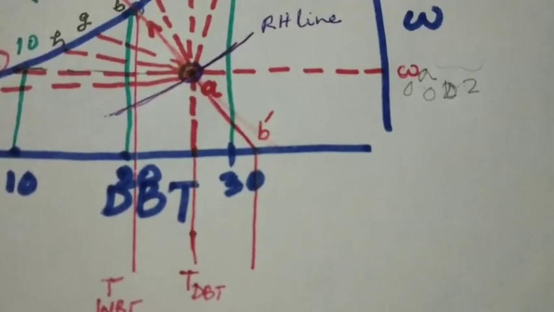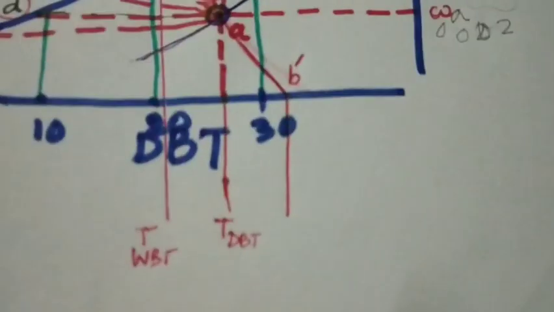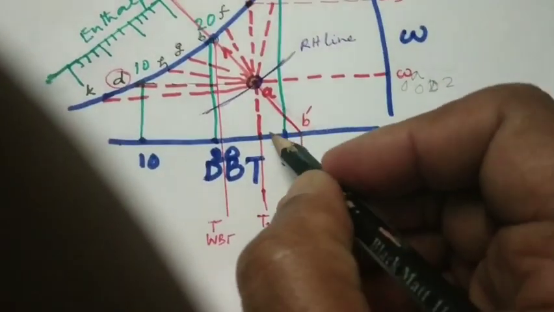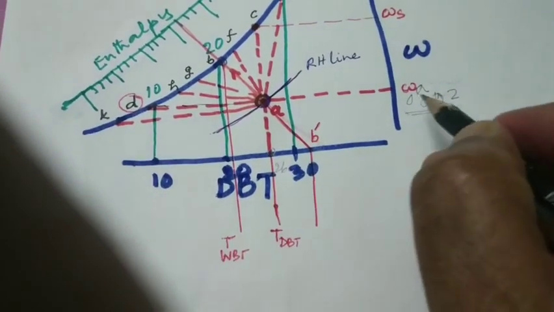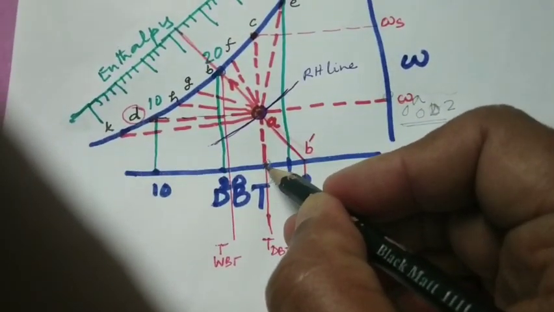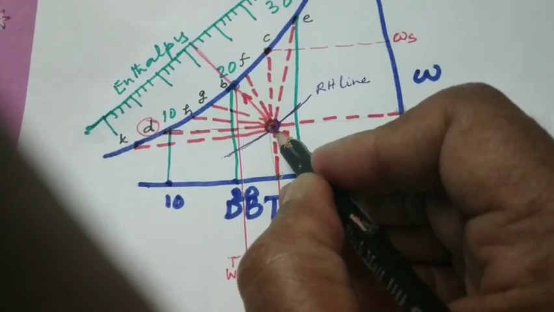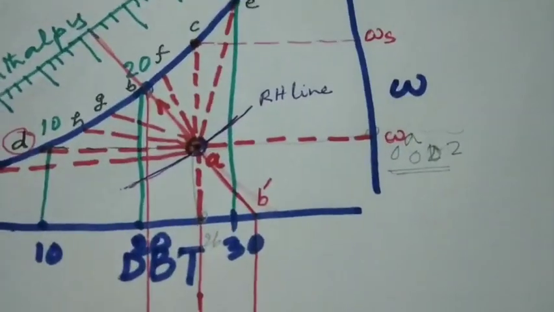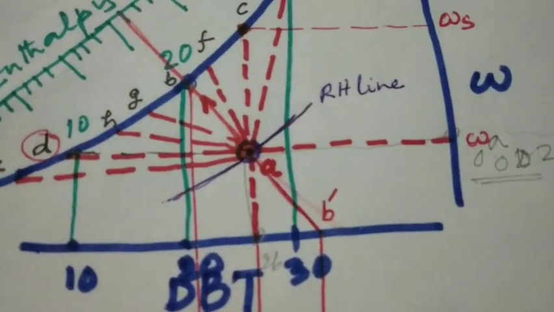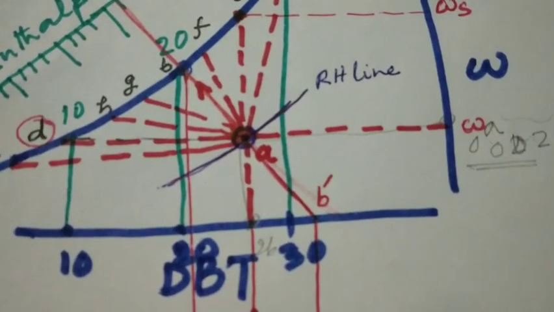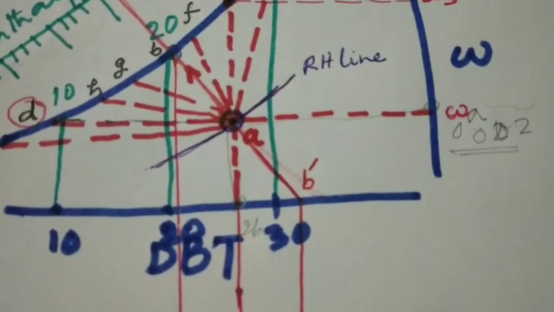So we have taken the reading of that air temperature. So we will take on the axis whatever its temperature is. We have taken a value of 26 degrees centigrade here, and this reading also we have taken. So if we have these two readings, then we can draw this vertically up, and then we can draw this horizontally down, and then we can reach the point A. You see? So we take the value of dry bulb temperature, we take the value of omega A, and then we come to a point, and we can set that particular point as A. So we have one point only if we know two parameter values.